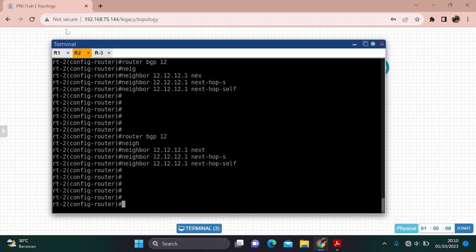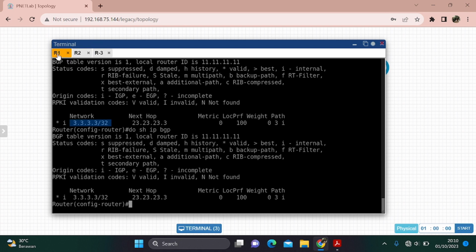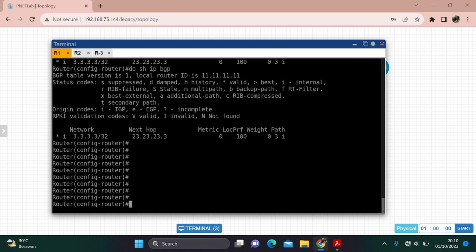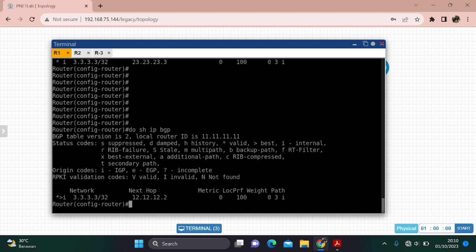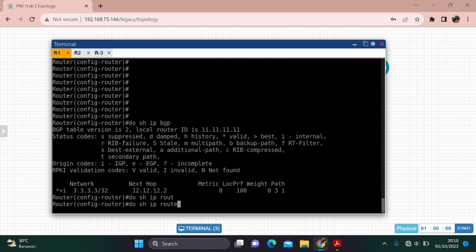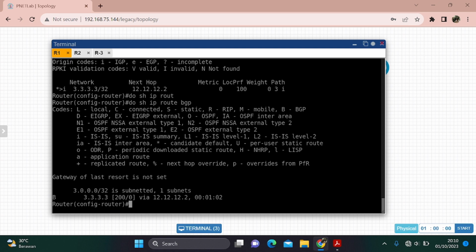Wait. Something is wrong in this. Yes. The next hop is changed. And then we'll check with show IP route BGP.